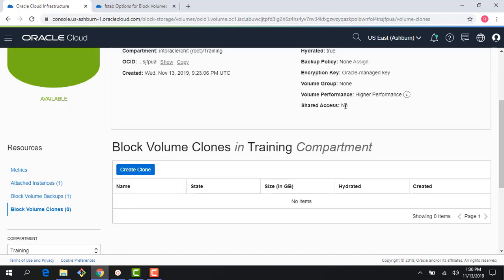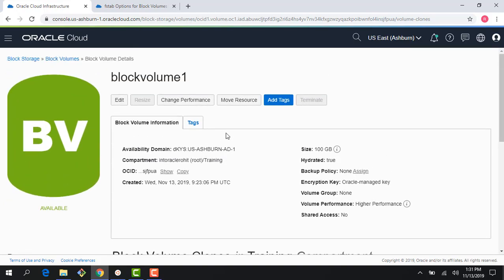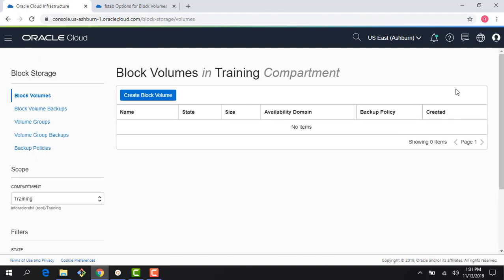So remember we talked about block volume resize, the three ways you can resize. One way is you create a clone, a bigger clone. The other way is you create a backup and a bigger backup, right? You could always go from a 100 gig volume to a backup which is 200 gig, and you create a volume from that backup. And the third way to do resize is, if I go back to my block volume here,